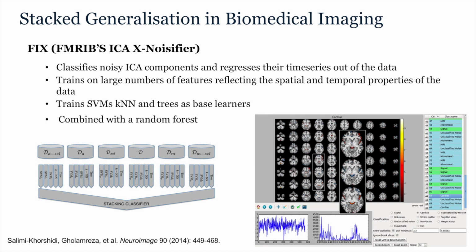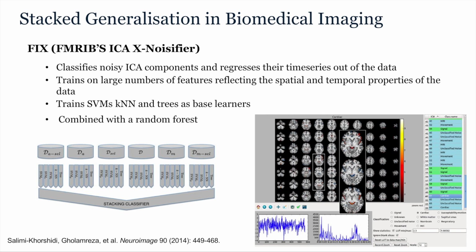Examples of how they're used in biomedical imaging include the ICA-FIX denoiser from the Oxford group FMRIB. So here the idea is to train a classifier to check all the ICA components that come out of a resting state functional magnetic resonance imaging analysis in order to detect which ones represent neurological signals and which reflect physiological or image acquisition noise. This here, for example, is a component which reflects the influence of cardiac pulsation on the blood flow to the brain, which, because functional magnetic resonance imaging or fMRI indirectly infers brain activity from blood oxygenation,